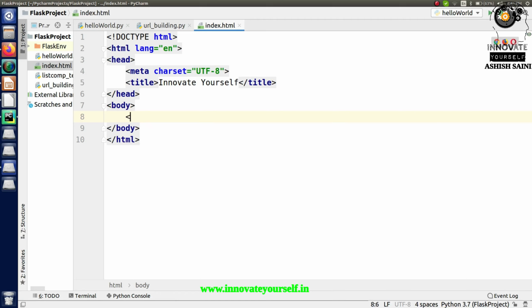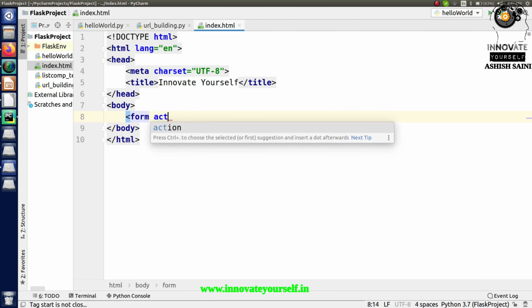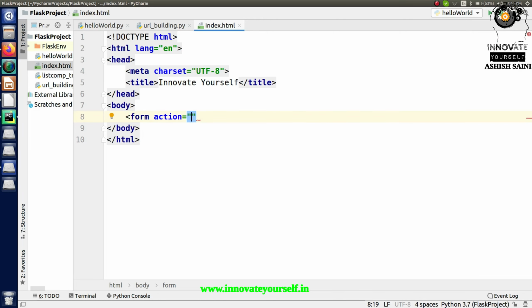So let me just call the form, and here will be the form action, and here you have to pass the HTTP, or let's say the API for this. In our case the API will be like HTTP. This is the very basic one.